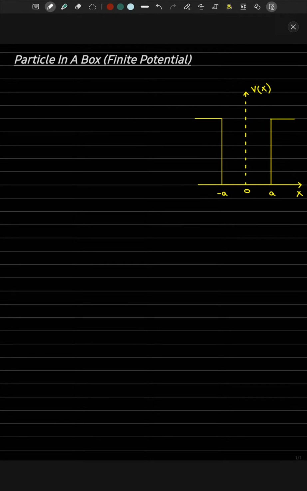Let's discuss a finite square well problem. This specifically belongs to the course of quantum mechanics, and if your courses are divided into two parts at undergrad level, this will be covered under quantum mechanics 1. So, this is the diagram for a finite square well problem, or also called a particle in a box problem,